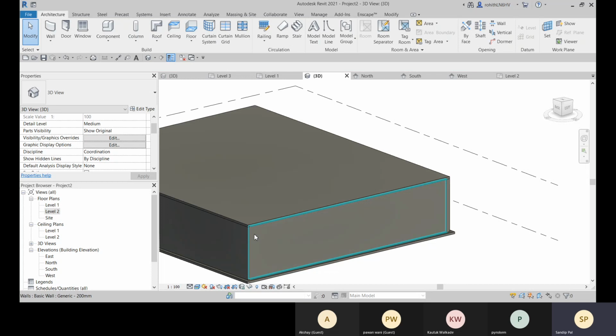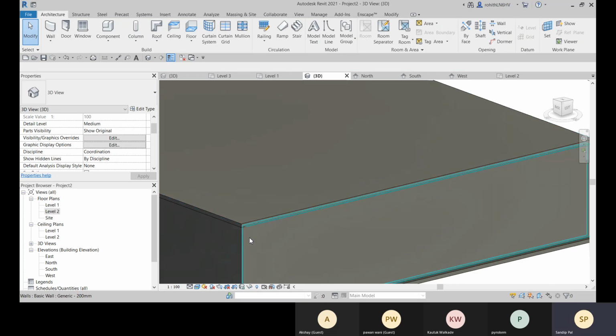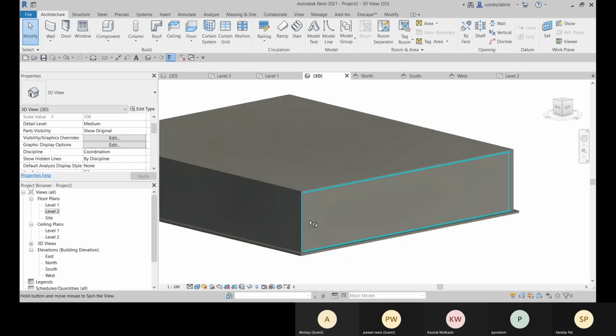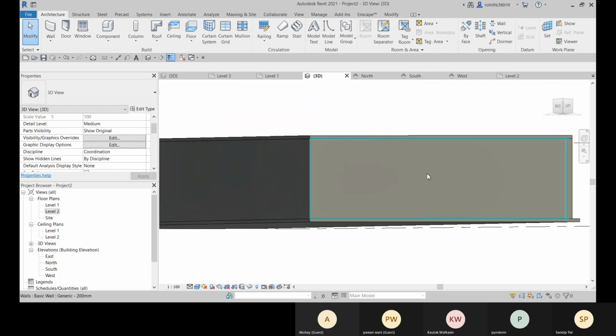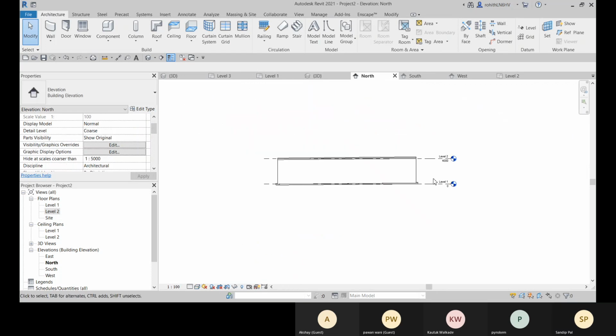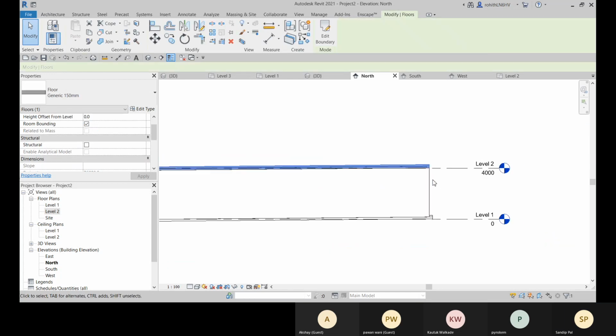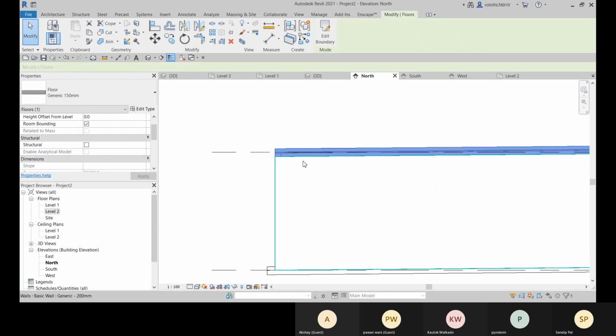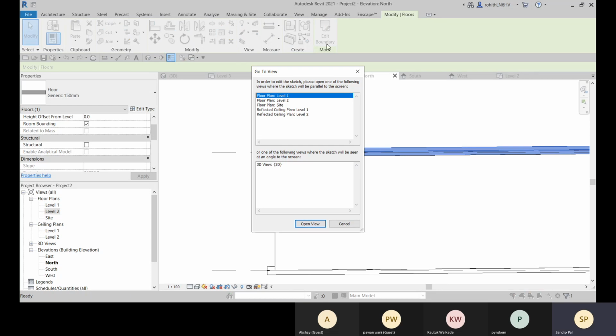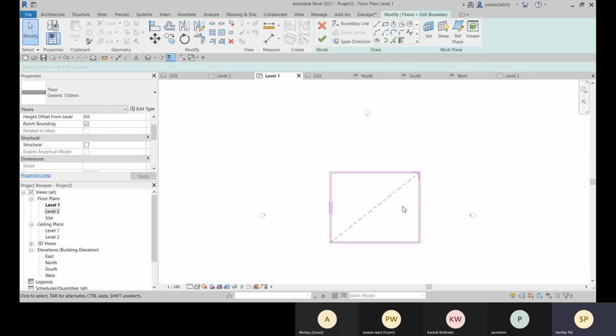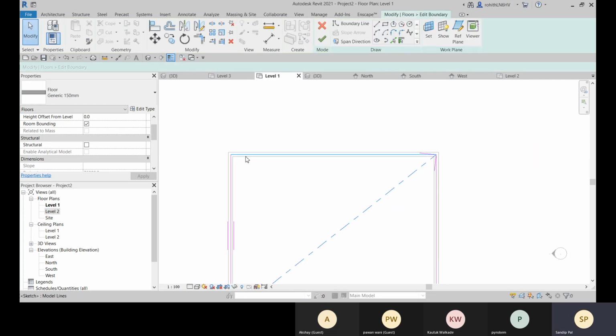Here it is created, and all my walls are attached. Here you can see. You can go to this node and go to edit boundary, and that is level here.